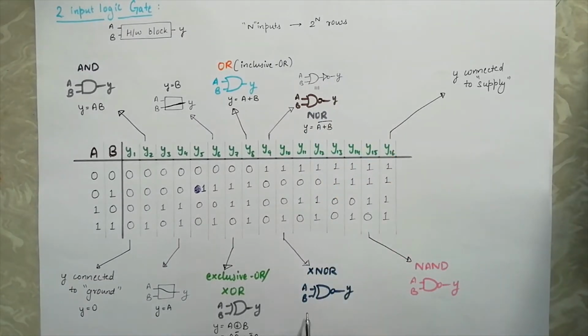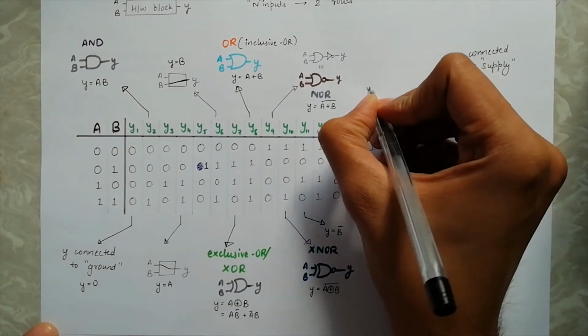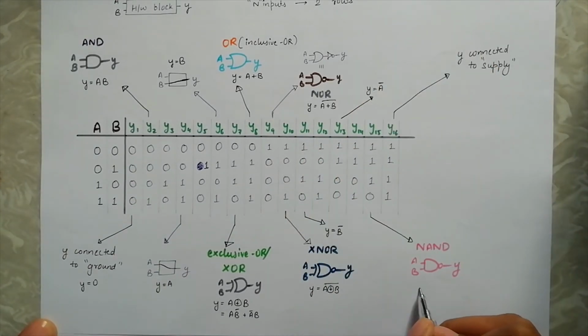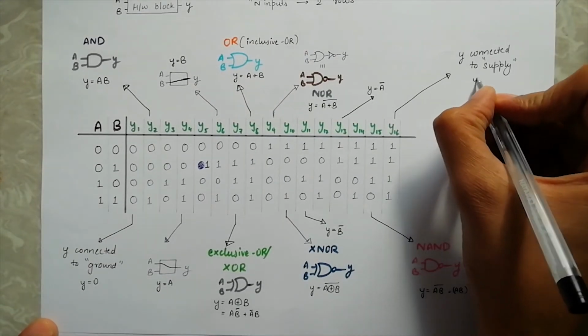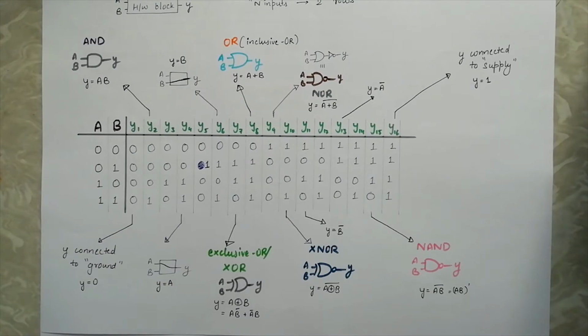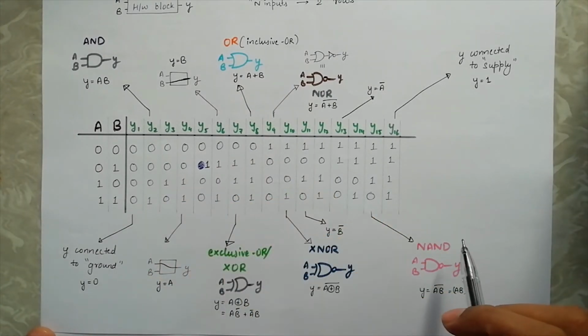Then we have a XOR b complement, y equal to b complement, y equal to a bar, y equal to ab bar or AB prime, A and B and then its complement, and finally we have y equal to 1. So there are still some columns missing. Can we write an expression for these? Let's try to do this next.